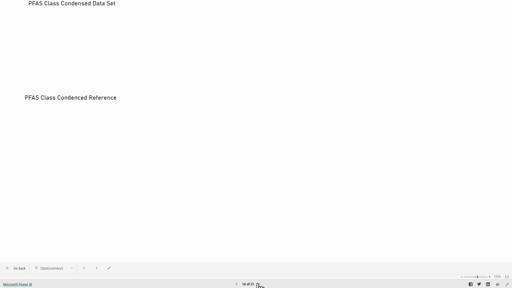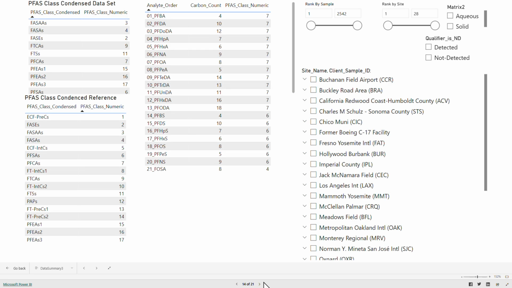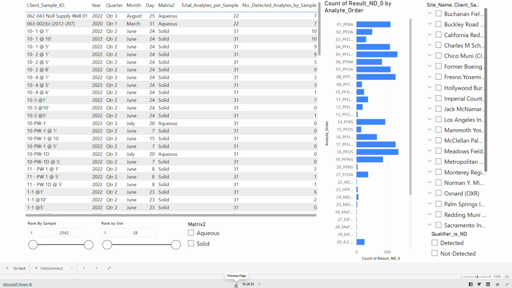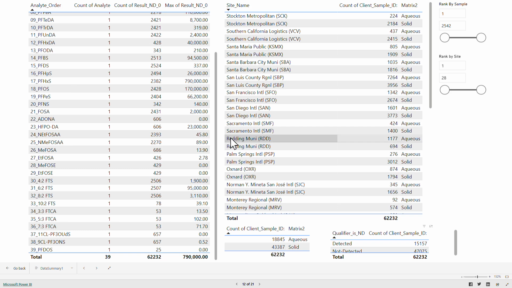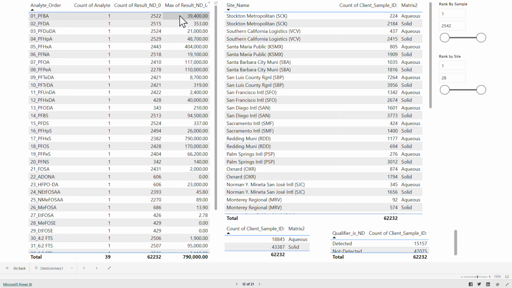These panels may also have graphic summaries. Selecting panel 12, we can see there are 4 tables. The first table shows there are 39 analytes in the dataset, the number or count of the times that analyte was tested for, and the associated maximum detected concentration. Further, this table shows that the dataset is comprised of